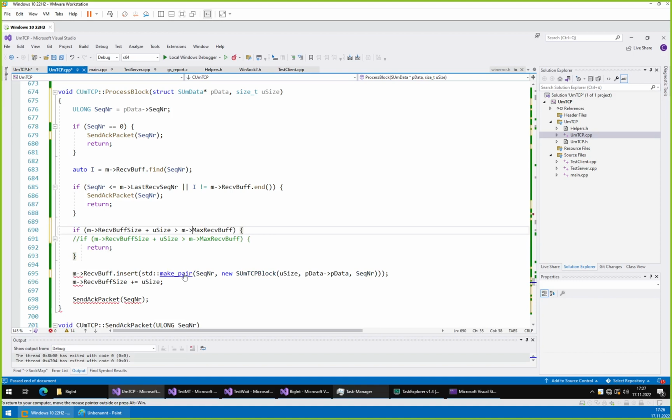So if we want the thing to operate this way, then what we would need to do is to change this check to: if buffer size is greater than max buffer, then return. Because if it's not greater or equal, there is no room. So if buffer size is greater or equal, then we cannot store anything into the buffer and we just discard the package. And if buffer size is less than max buffer size, then we can store something, and then we will just allow the buffer size to grow